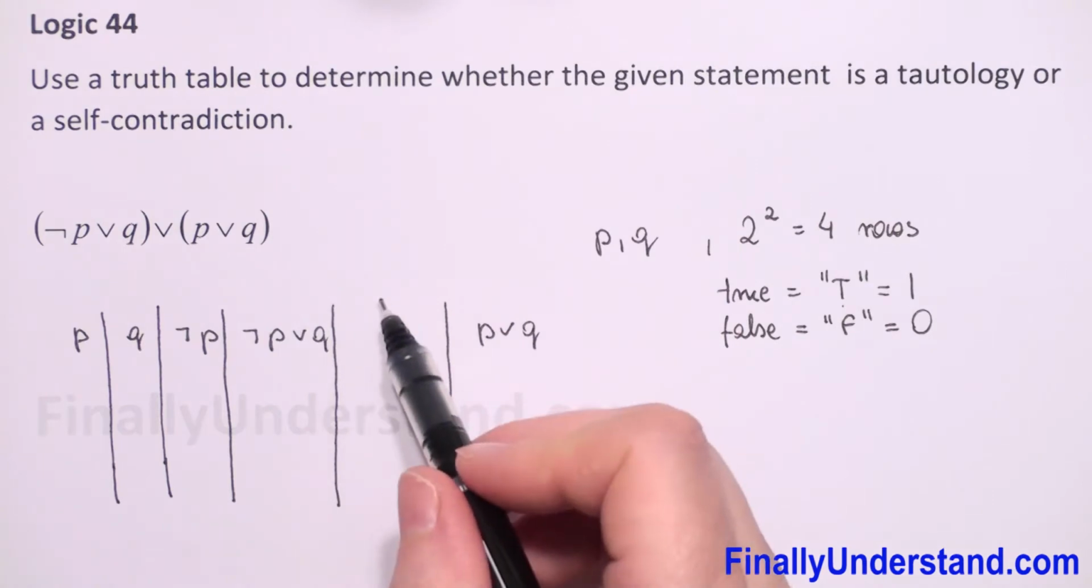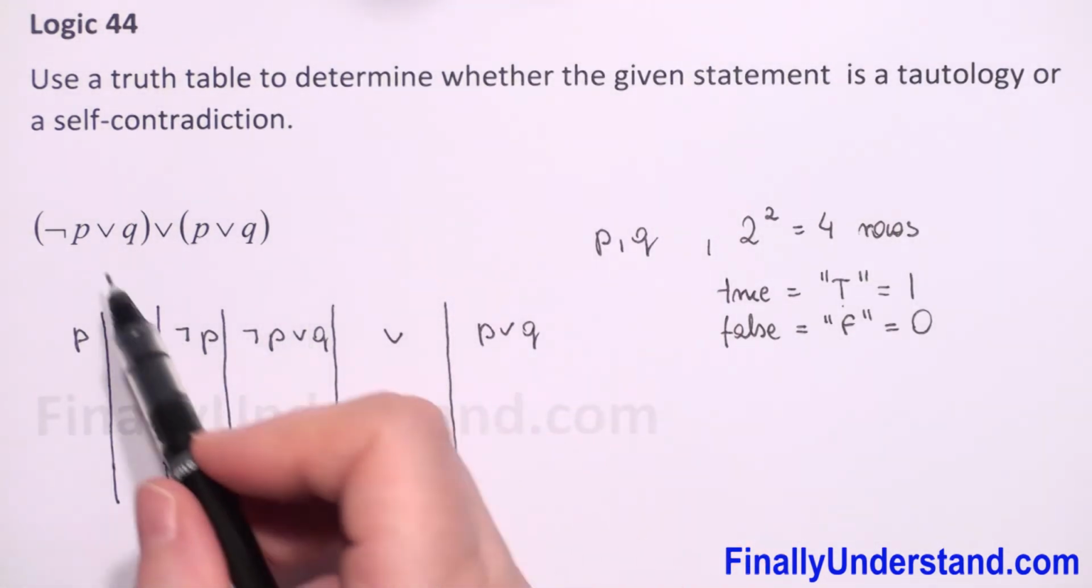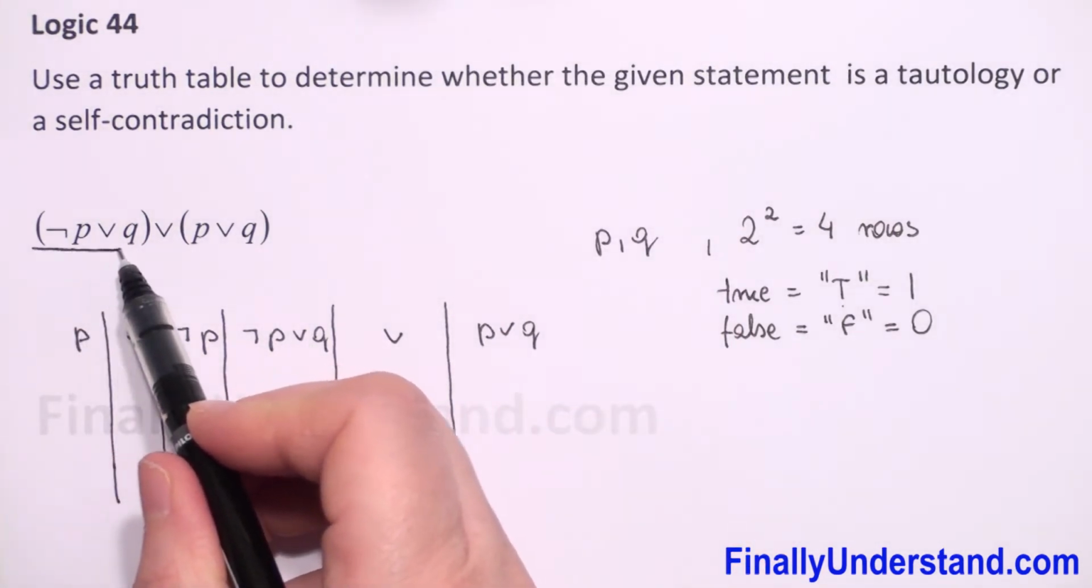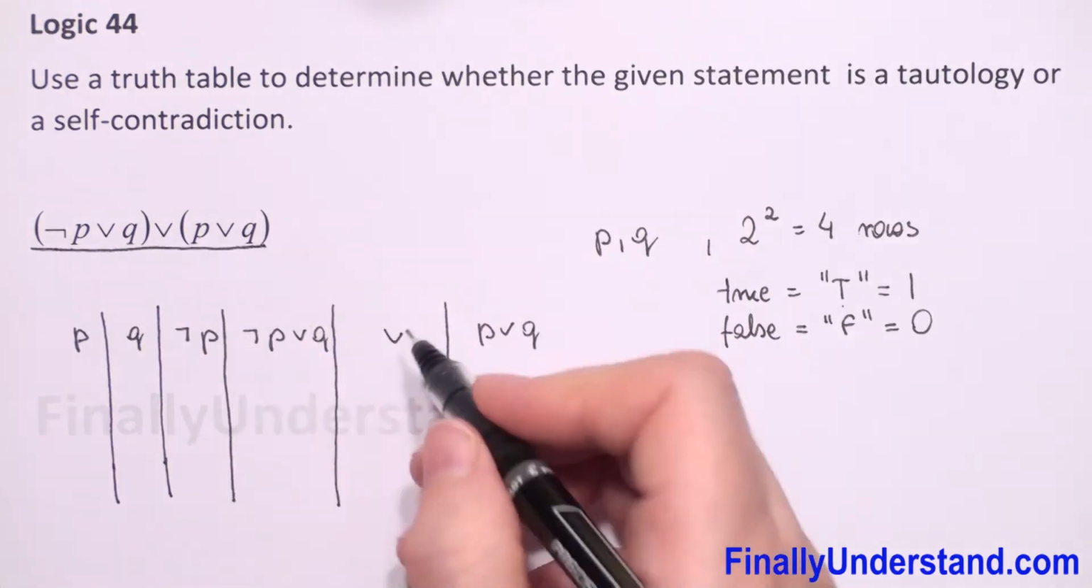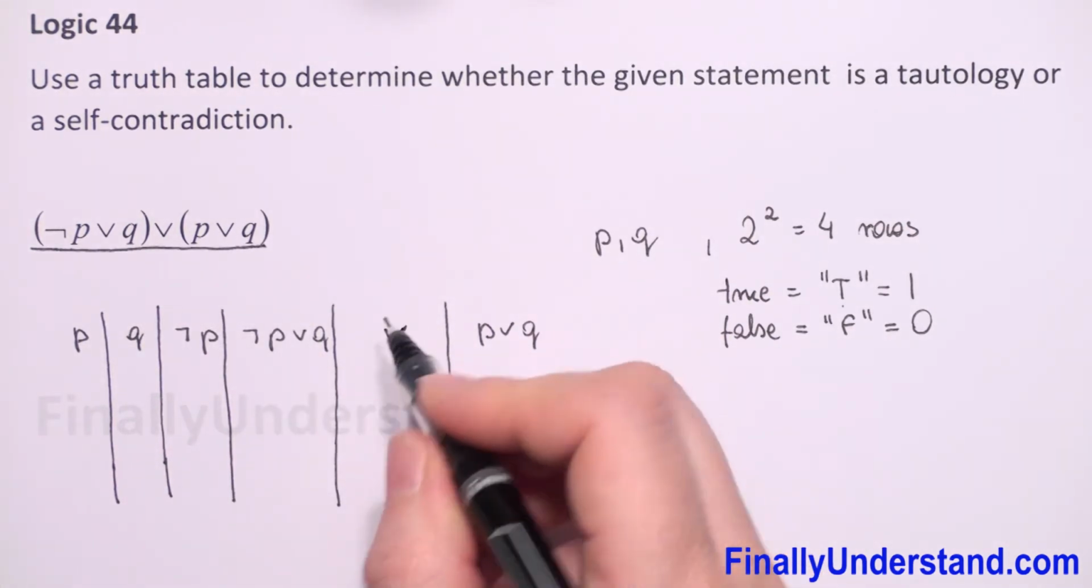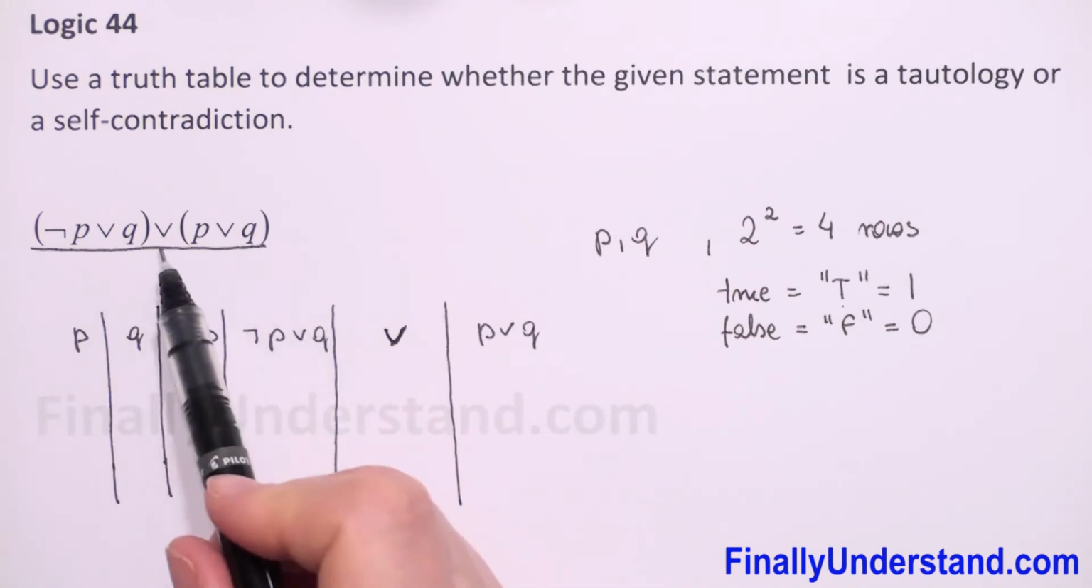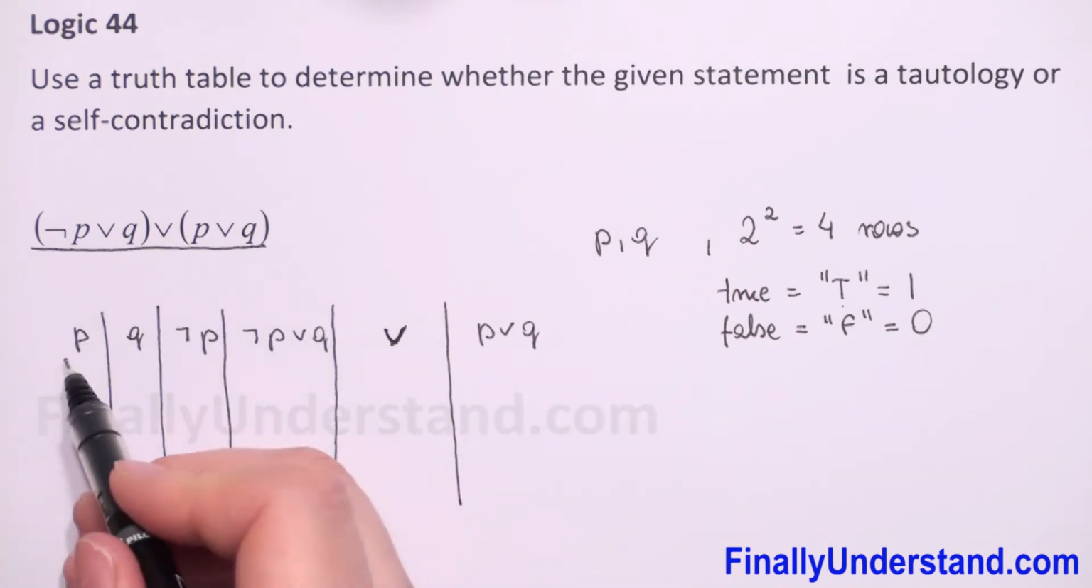So in this column we have this whole statement. I just put this symbol because between these two parentheses I have or. So now